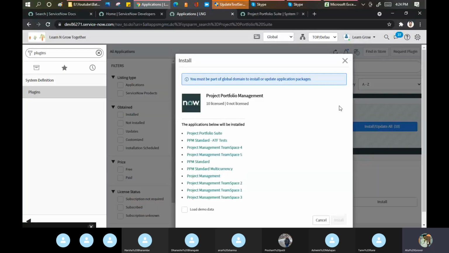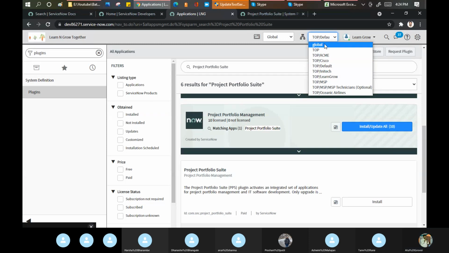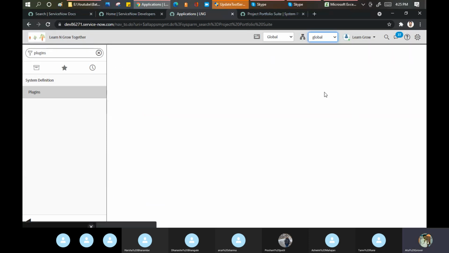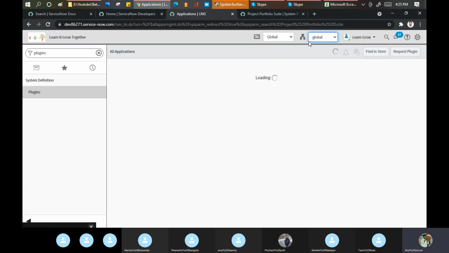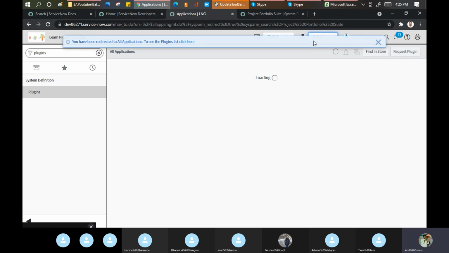If I click on this, I'm part of global only. See, I'm not getting the install option because it's saying, okay, application also global. Both things should be global. Otherwise, the plugin cannot be installed on a specific domain. The plugin will always be installed on the global domain.